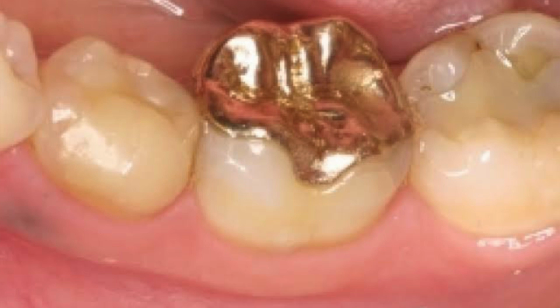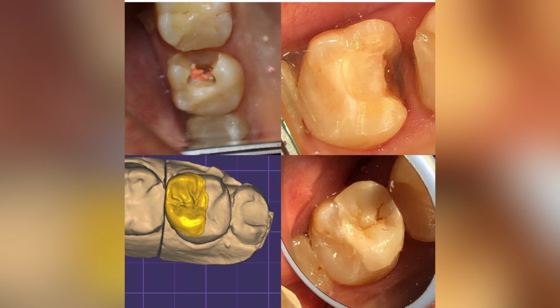In that procedure we have to prepare the cavity and make an impression, prepare the die on that, and on that die we have to fabricate a wax pattern and then get the casting done, whether it is gold or ceramic. Nowadays it is commonly used, or you have the option to scan the tooth preparation in the mouth and fabricate a CAD/CAM restoration using ceramic. So now friends, you might understand the difference between the inlay and the onlay.